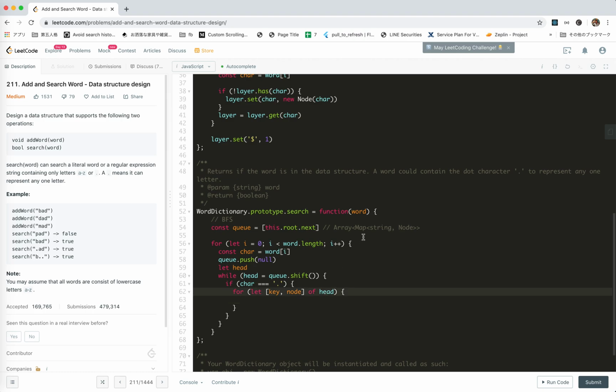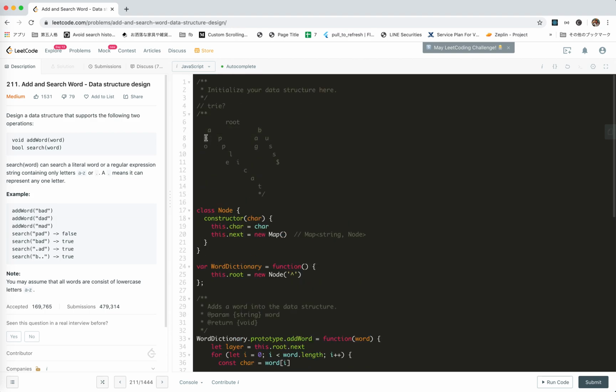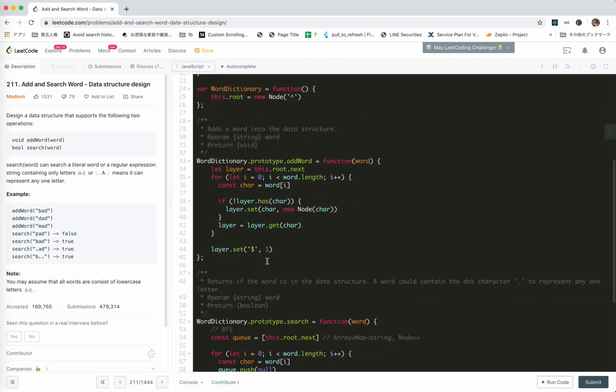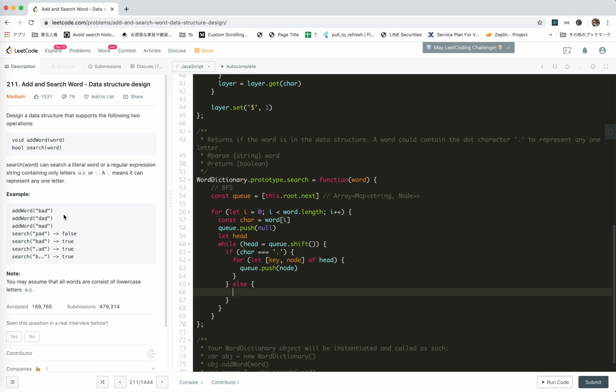Remember, the head is a map, so this is the character, this is the node. Okay, like this is the character, this is the node, right? So for a dot, AB will also always be valid. We need to push PP, AU, all in. So the queue would push node, and if the character is not a dot,